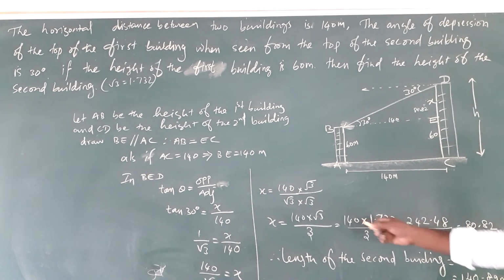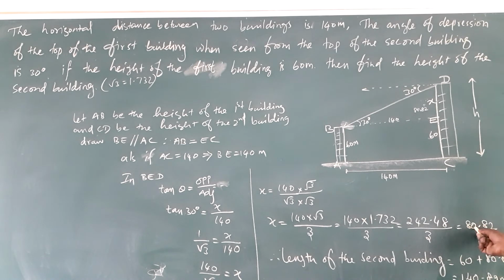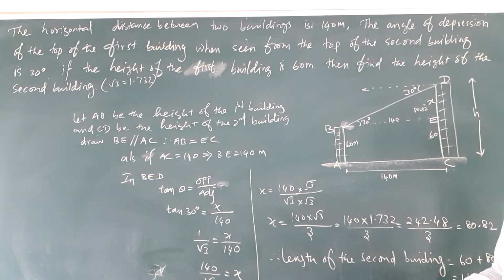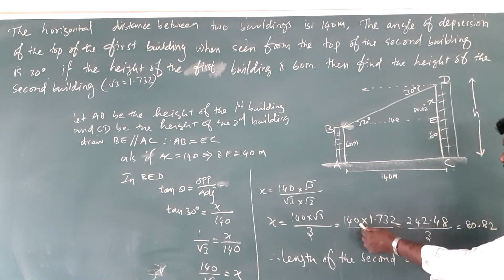the value of x is given as 80.78 something. So when you solve this kind of problem, sometimes we may not get exactly the same decimal numbers, because when we multiply or when we divide,